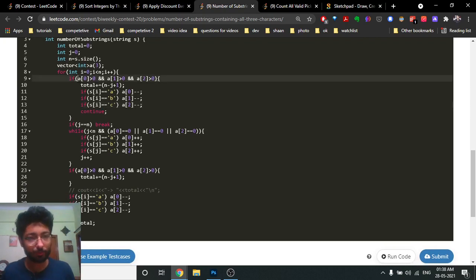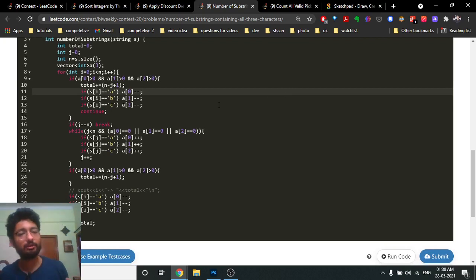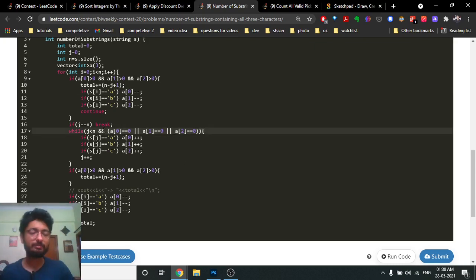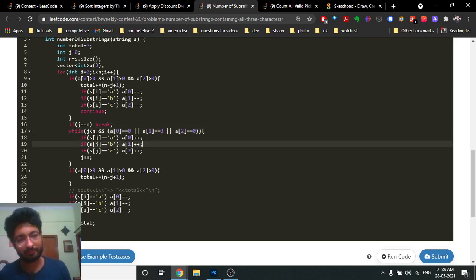Else, if A, B, C are not all completed and something is left, I will make a while loop. I will make my right pointer run in a while loop, and I will move it such that all of them should be greater than or equal to 0. If anyone is 0, I will keep on moving my right pointer, and it should be in bounds also. I will just keep on adding with my j pointer, and wherever my j pointer goes, if it is A, I will increment my value A by 1.